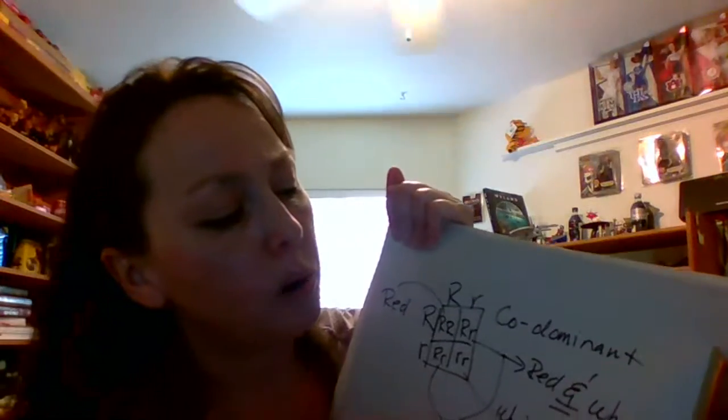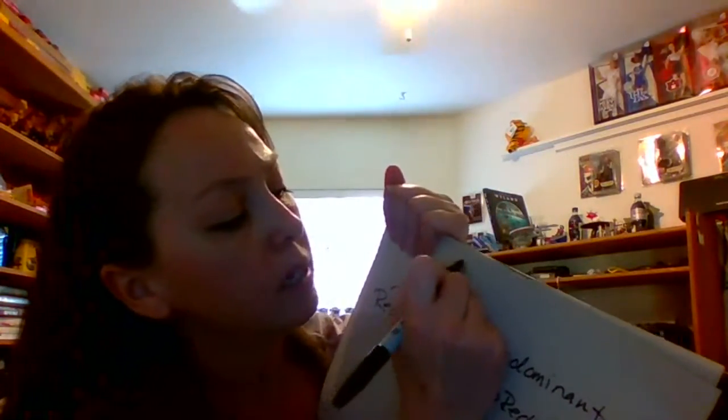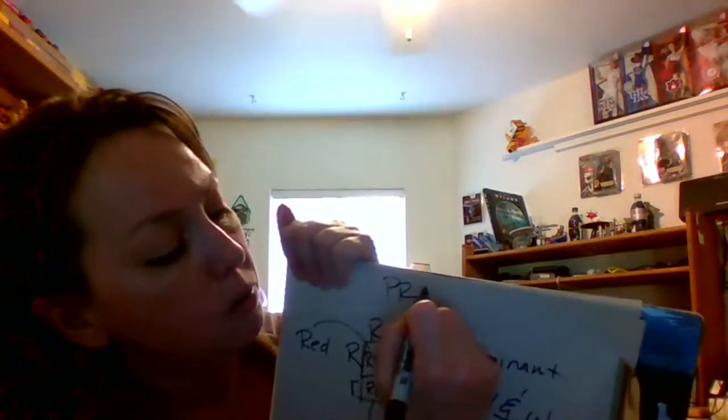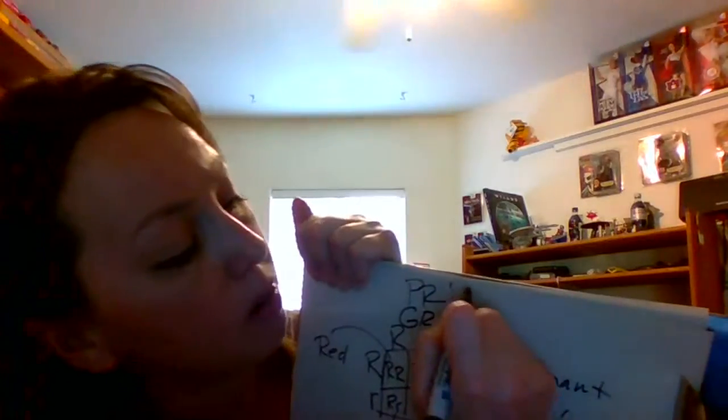Okay. So the ratios when it comes to incomplete and codominance, the phenotypic ratio and the genotypic ratio will always be identical. So it would be